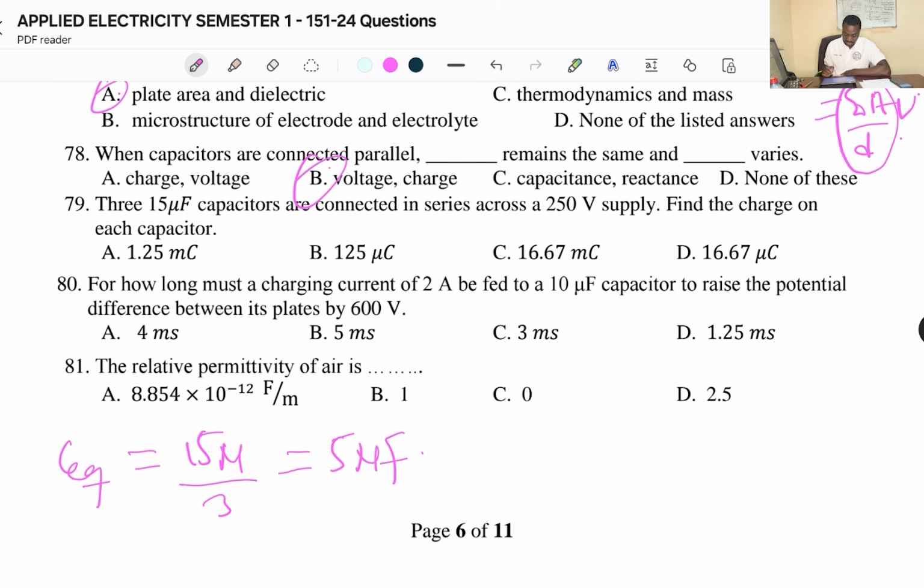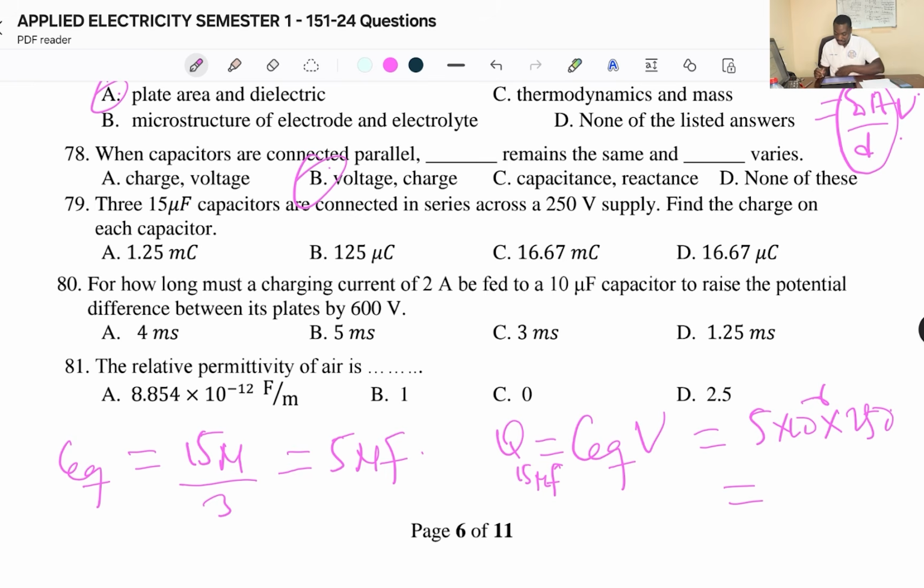And we just calculate the equivalent capacitance. So the charge on each of the 15 microfarad capacitors equals what? The equivalent capacitance times the voltage supply, which is 250. So I have 5 micro times 250. And that is going to be equal to,